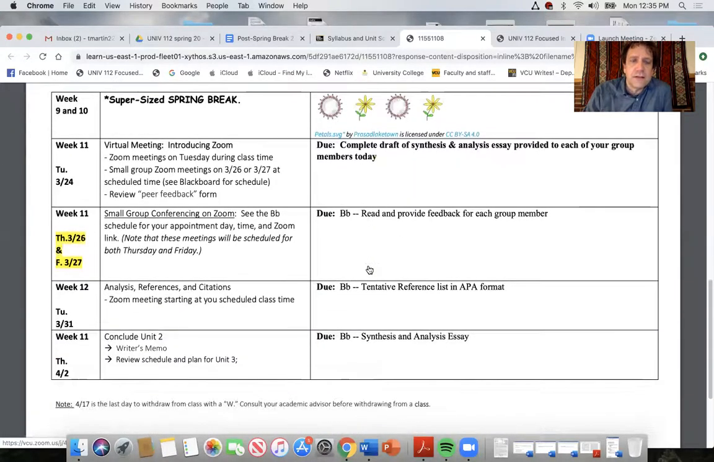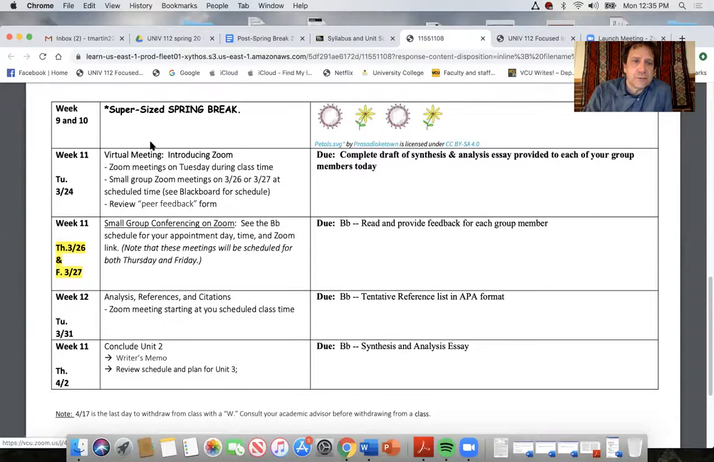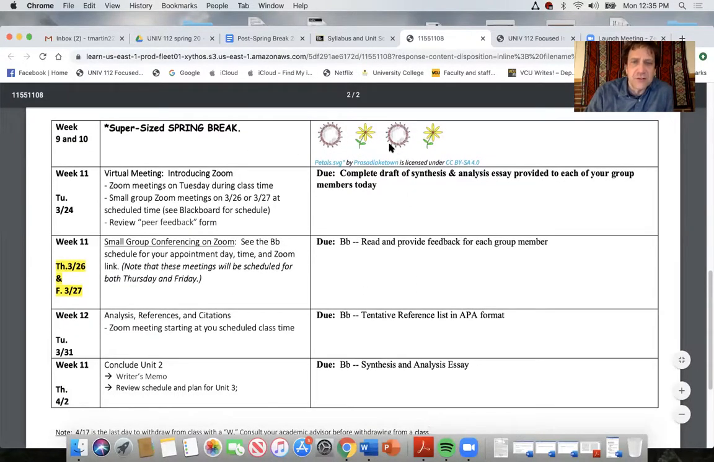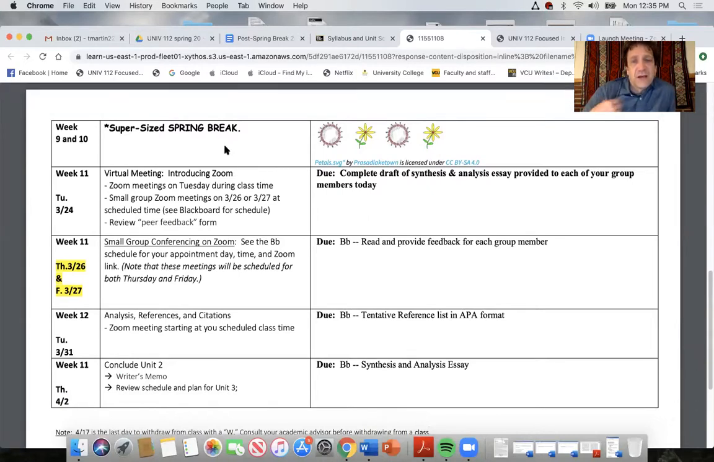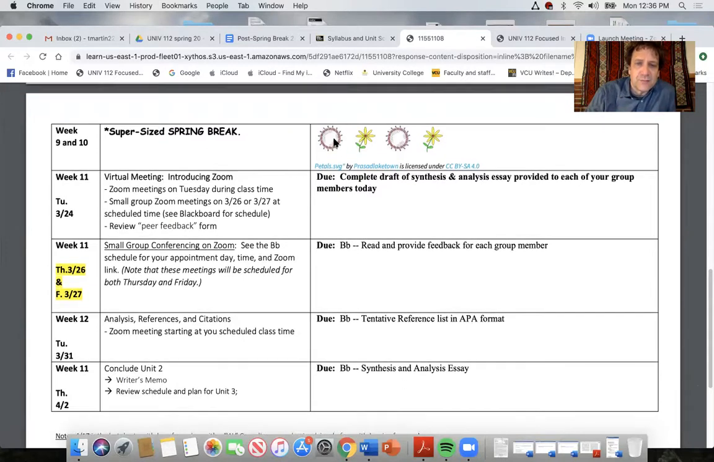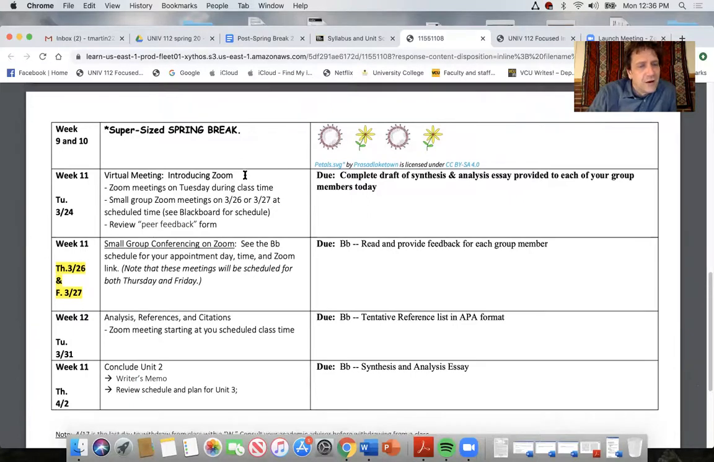And then let's go down here to what we're doing now. So we had spring break. Hopefully this is humorous and not offensive. I actually think the coronavirus as a graphic is kind of pretty. Anyway,